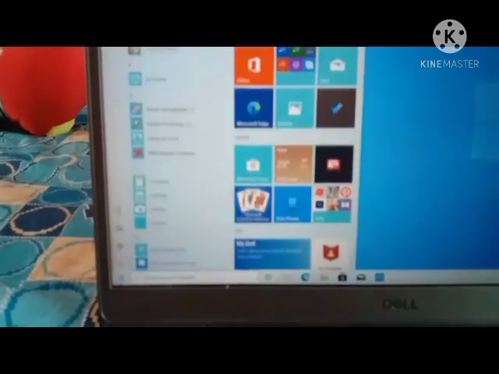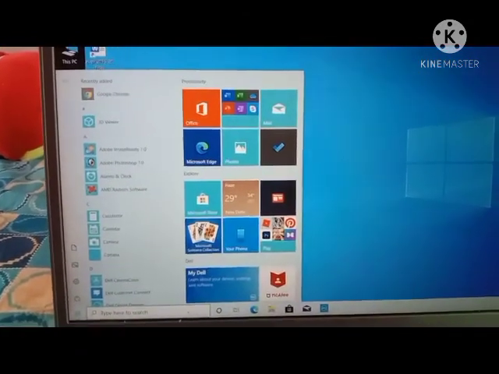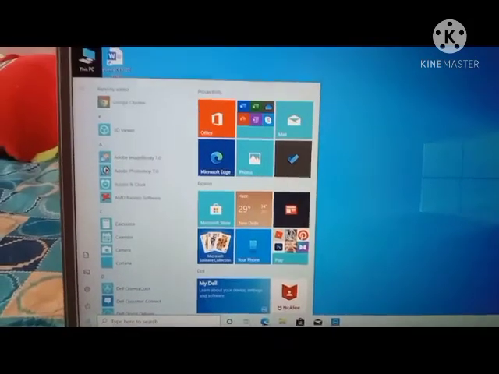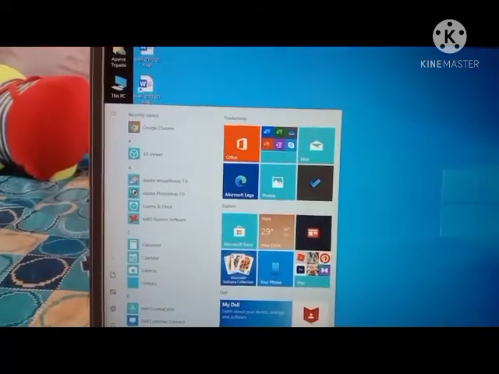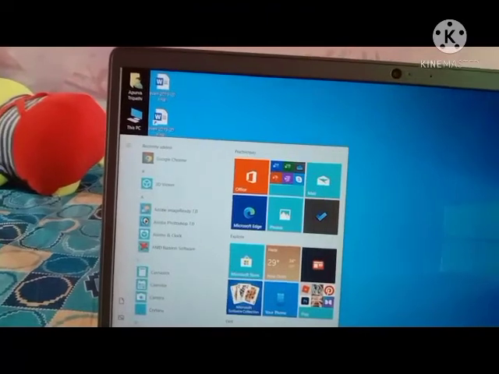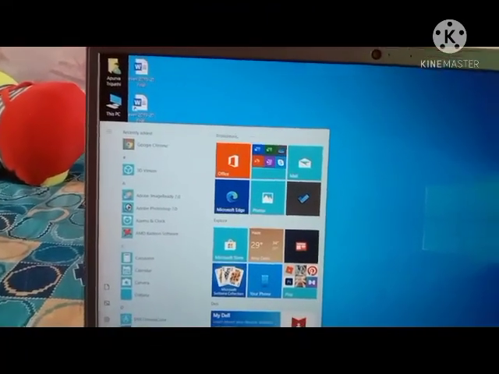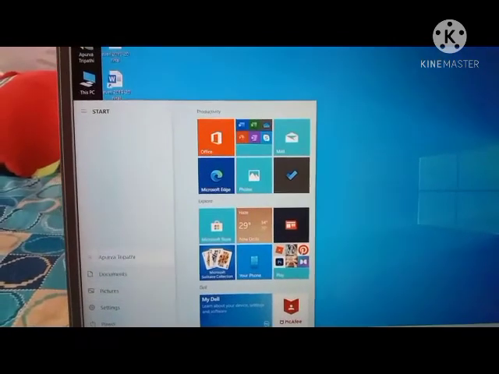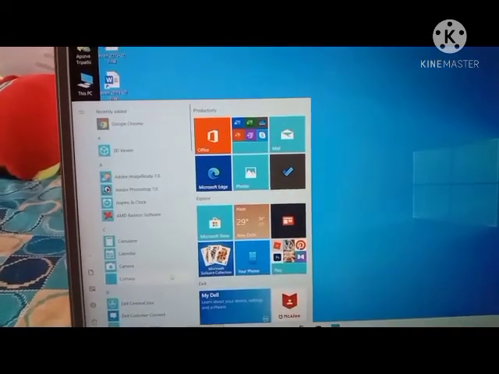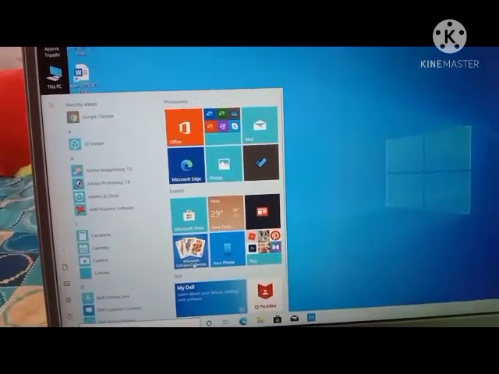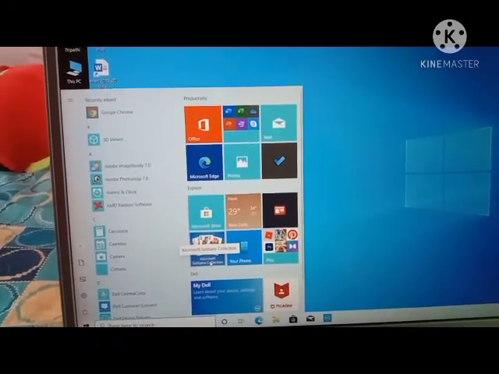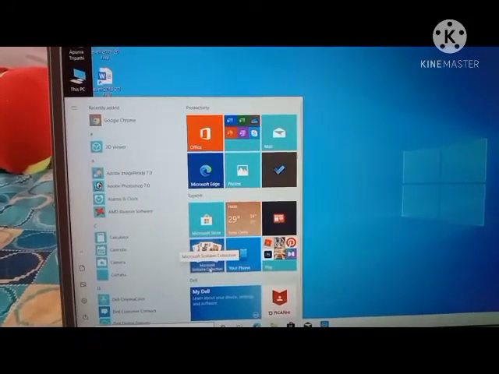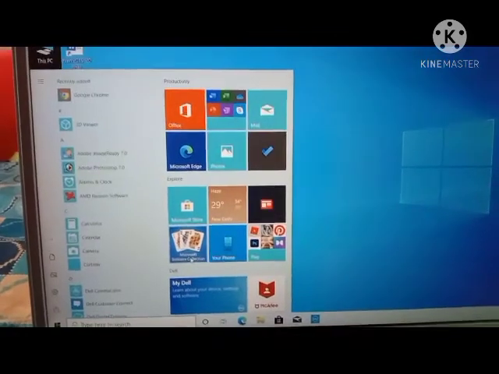So when we click on the start menu, two panels open. Okay, as you can see, the two panels. The left panel shows the applications and the right panel shows the live tiles. Do you know what live tiles are?